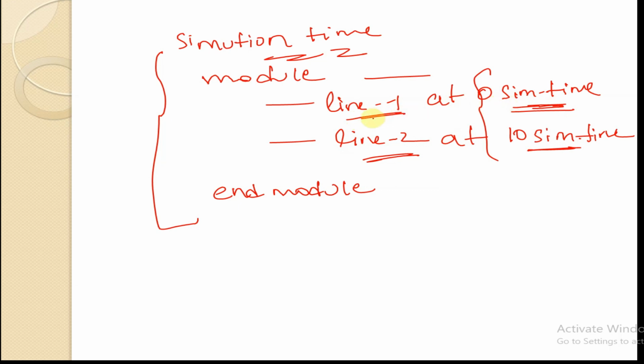So at 0 simulation time, line 1 is getting executed, and at 10 simulation time, line 2 is getting executed. So for storing and displaying the time at which line 1 or line 2 is getting executed, we